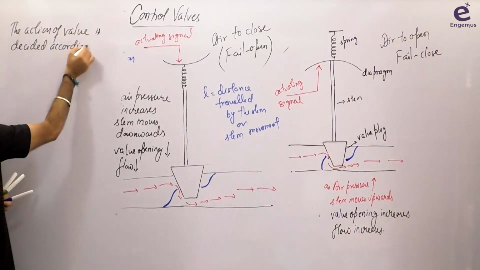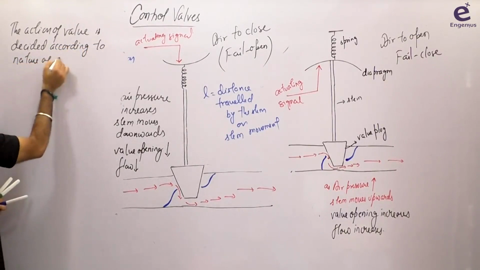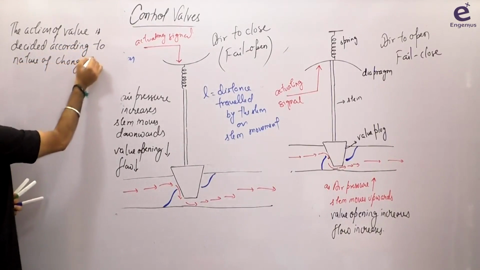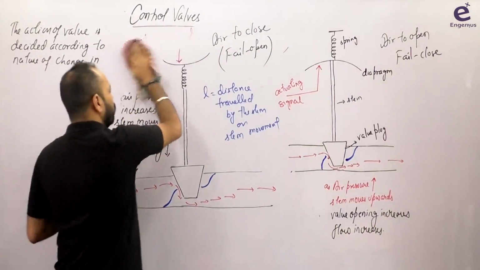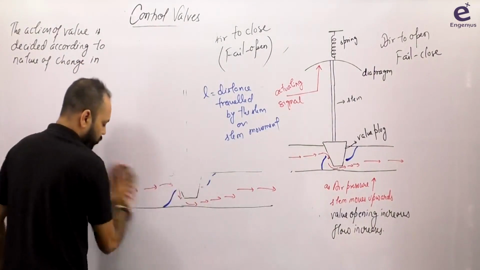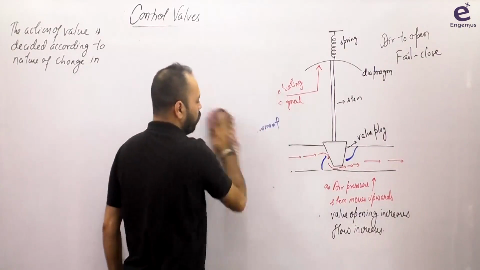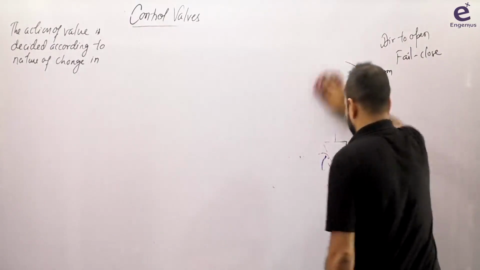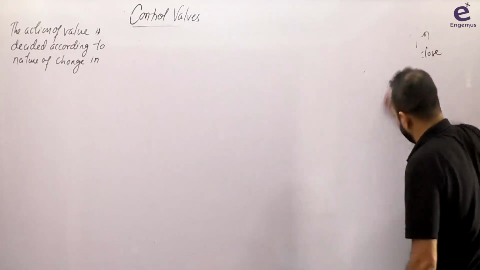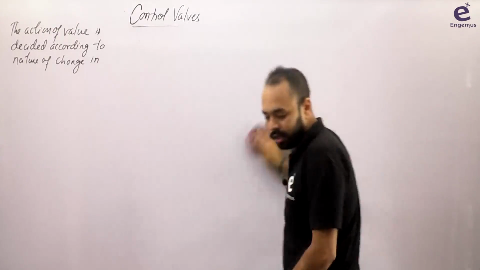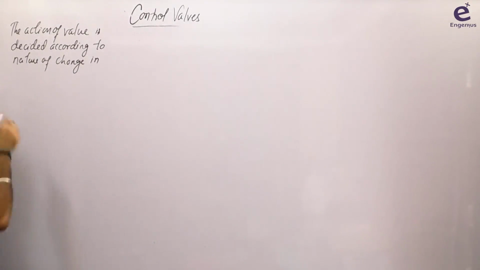according to nature of change. देखो किसी का भी एक्शन डिसाइड करना है, whether you want to decide the action of a controller, you want to decide the action of a control valve, whatever you decide, the action is always decided by change in input and change in output. The nature of change you are doing in input and the nature of change it is occurring in output, right? So the action of valve is decided according to nature of change in